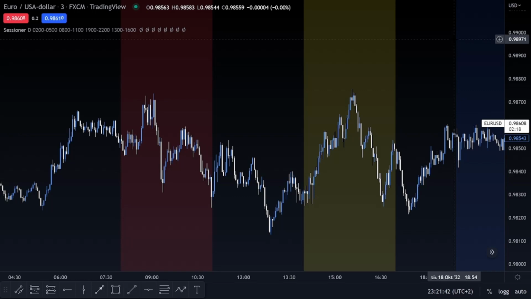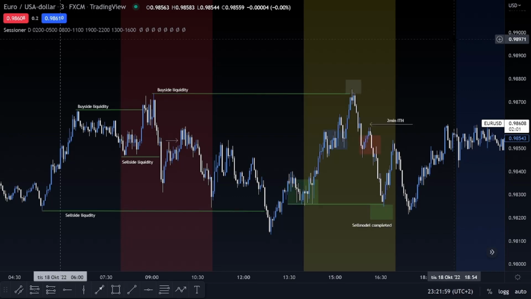So, I'm going to put a few lines here. What we can see is that we obviously have the start of the day right here. It doesn't really matter which session you're trading or when you're trading in the day. Preferably you want to trade when the kill zones are operating, but you can also, as you can see here, find setups between the kill zones, and obviously at the end of the day, which is actually a kill zone, the close. But if you're just focusing on the London session and the New York morning run here,